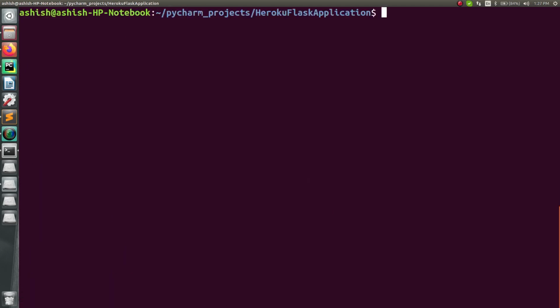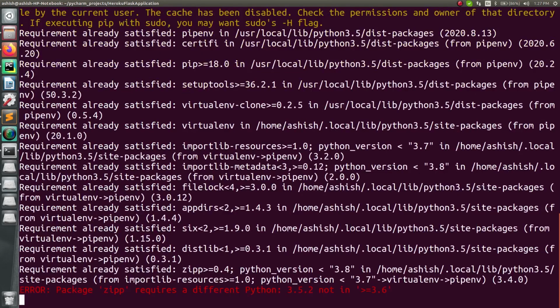After that, the second one is pipenv. For that you have to type sudo pip install pipenv. If it is not installed, then with this command it will be installed on your system, right? When I press enter it will get installed, but in my case it is already installed, so it will not take much time.